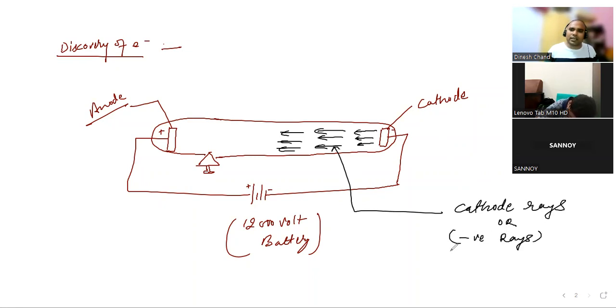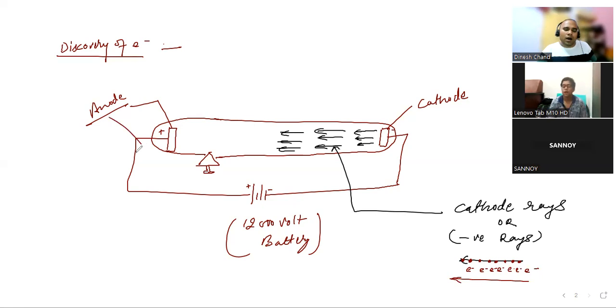Now he took these rays and started finding out what particles they are made up of. He saw that the rays are quantized, made up of small negatively charged particles, and he said these particles are electrons. Electrons travel in a straight line. Some properties he discovered are asked in very fundamental ways.